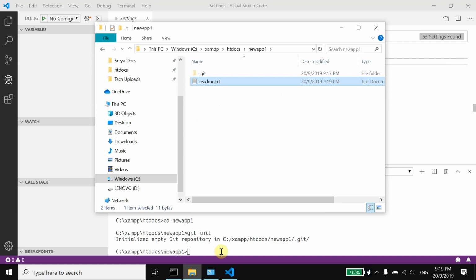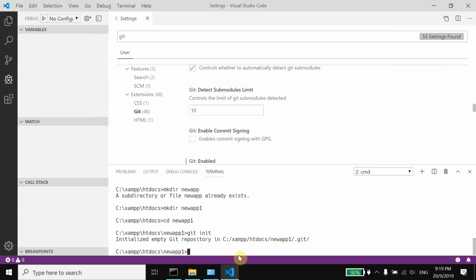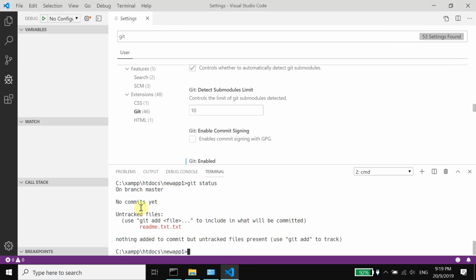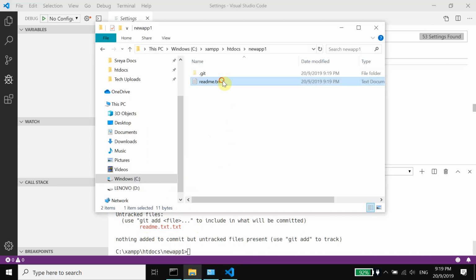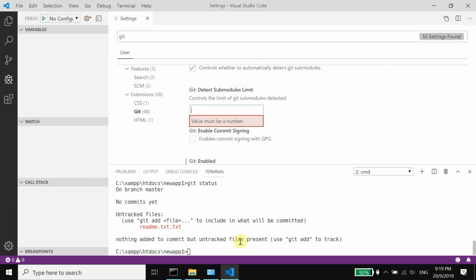and then you go back to your console, and then you try a git status, and as you see, git says there are no commits that have been made to the repository yet, right? And it says there are untracked files, and that's readme.txt. I'm sorry, I should not have made it a .txt because it's already a .txt. So I can run git status again,